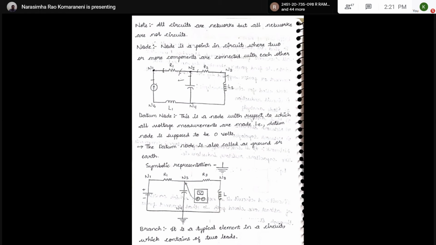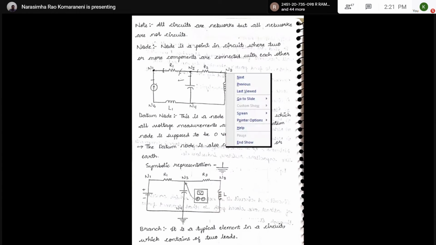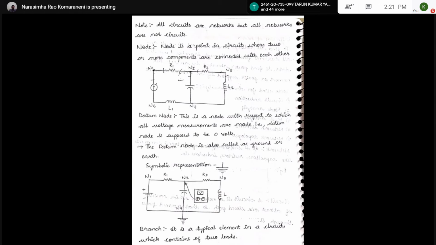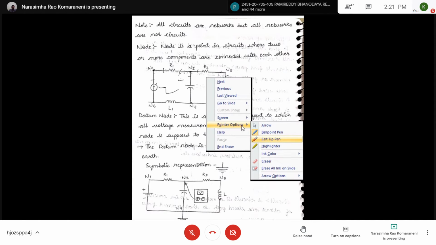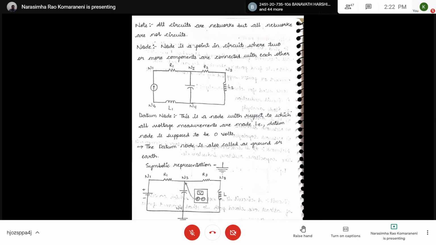These are interconnected here, right? So this point is also called a node. And here, the other end of this capacitance and this inductor are connected. This also you can call a node. Similarly, on this side, the other end of this inductor and one end of the current source are connected here. This is also a node. So how many nodes are there in the given circuit? Total, 5 nodes. This point, this point, this point, this point.